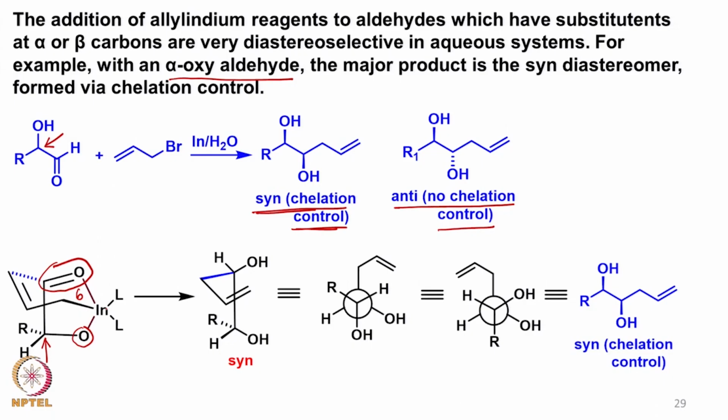Now once the indium gets transferred to this, then of course as you can see you can put it in this fashion, this is how the carbon carbon bond will form, the allyl group comes in here, and of course the orientation of this particular diol remains in this fashion. Now if we put it in a Newman projection formula, it would look like this, as we can imagine this particular carbon atom being at the back of it,